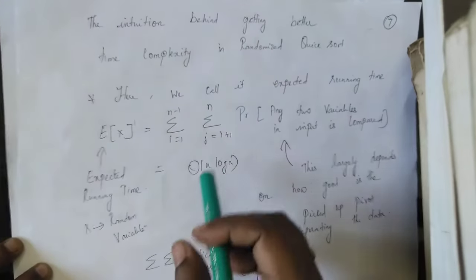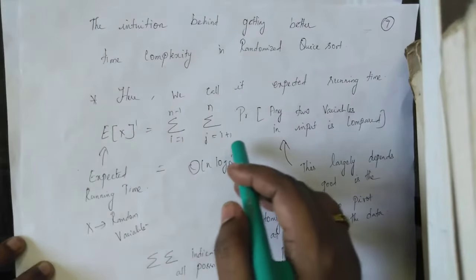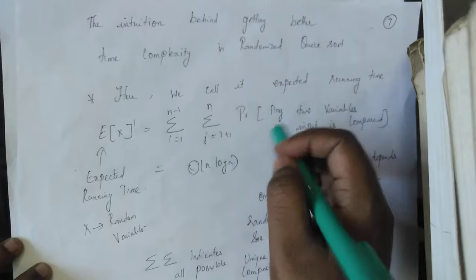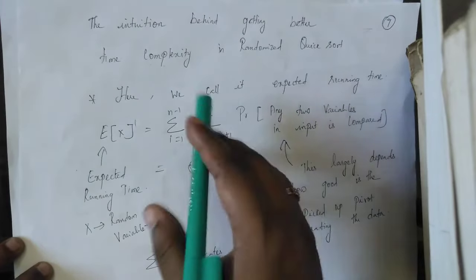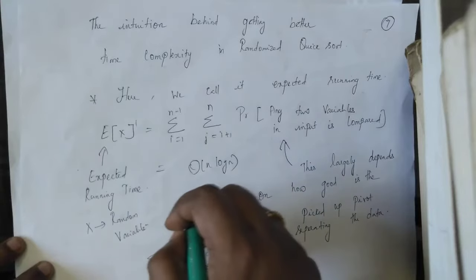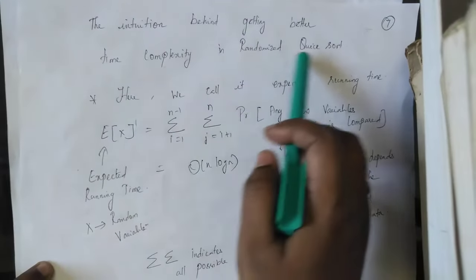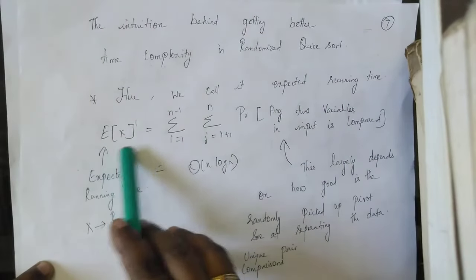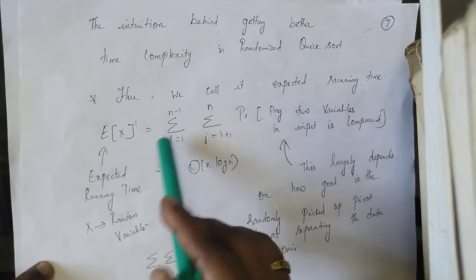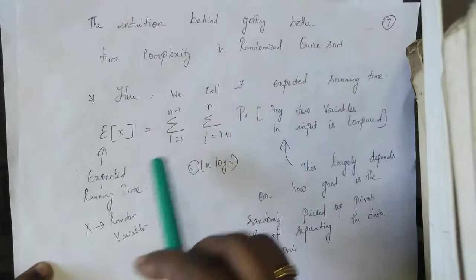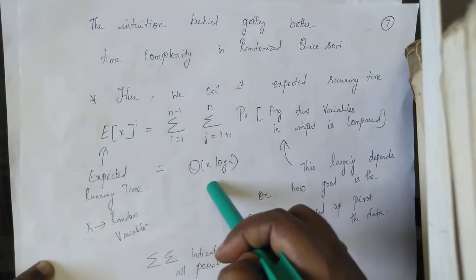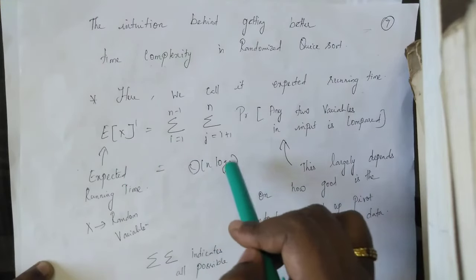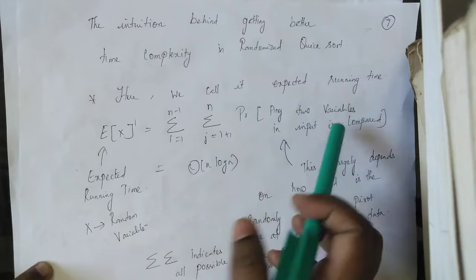This is the mathematics behind how this is achieved. I'm not going to delve deep into the mathematical foundation, but I'll give the overall view, the gist of what's happening to achieve that n log n. What we are trying to understand here is the expected running time complexity. We denote that as expectation of X. This is the expected running time complexity that we are going to calculate for randomized quicksort. That expected running time complexity depends on how many times we are making comparisons.